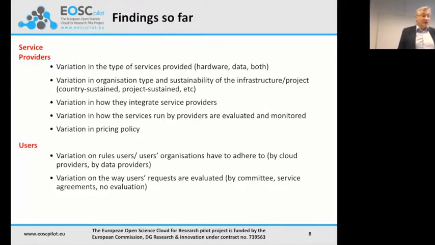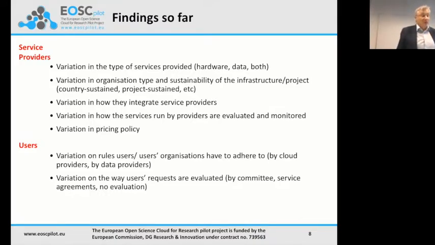And there is great variation in organization type and sustainability. Because typically, as a user, if you start to build something around the service, you are interested in the sustainability of the infrastructure, of the service, and then we see a large variation here in the sustainability plans also for the infrastructure project,